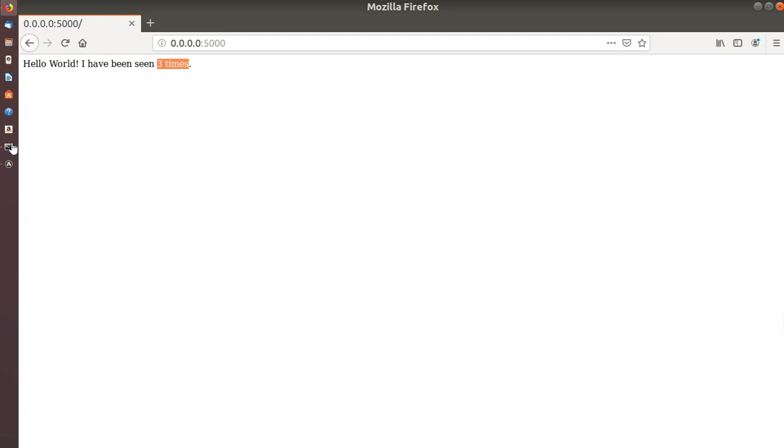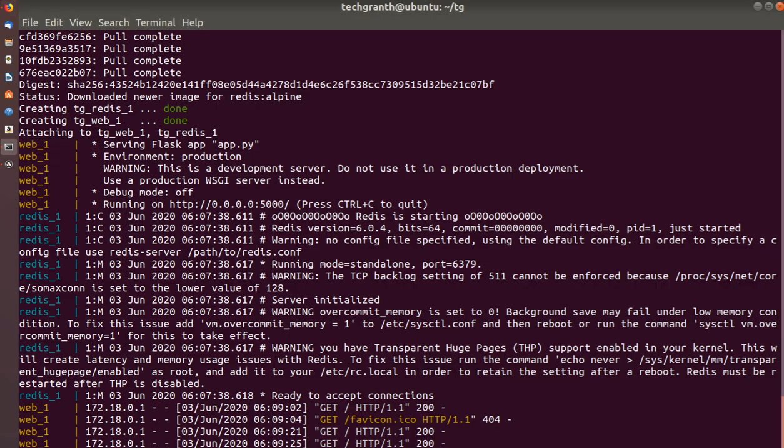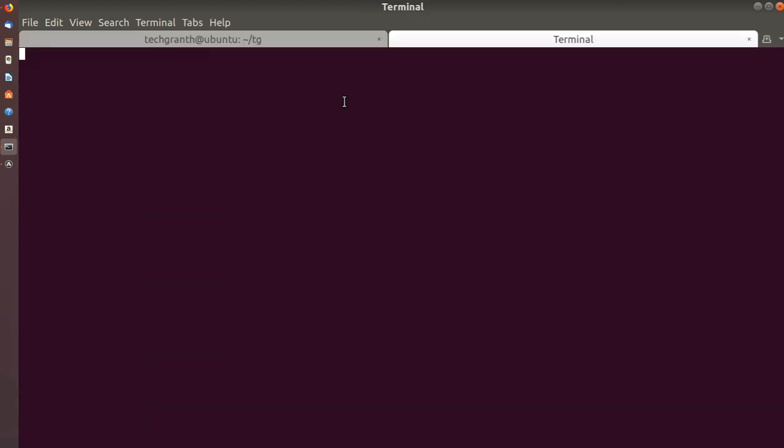Let's see what images it has built for us. Let's create another terminal here, and here we'll run docker images.